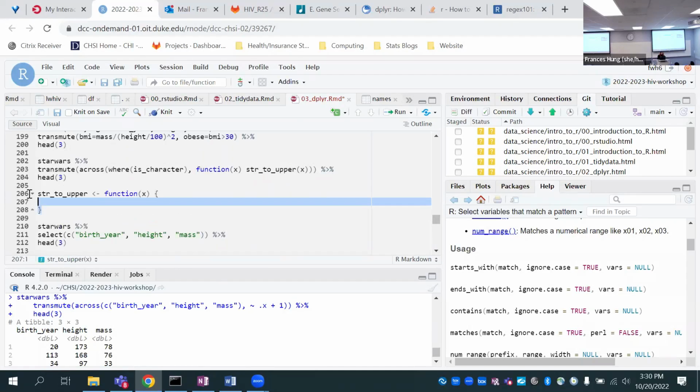And here we're just saying that across all these character columns, we'd like to apply the following function. And here, x is just a stand-in, and we plug in each of our character columns into this x one at a time. So this function applies to all of our columns of interest.